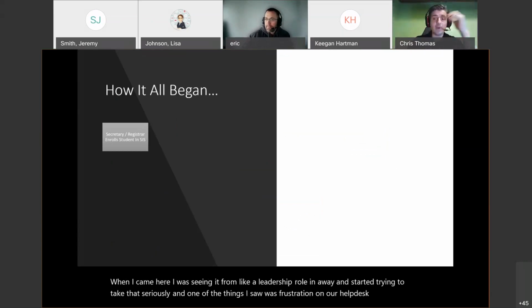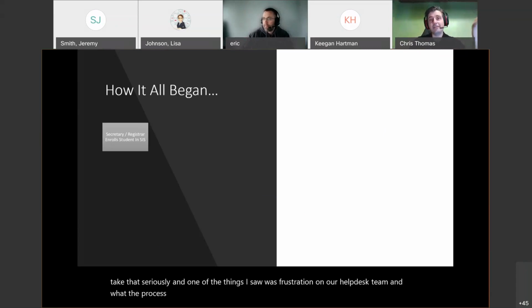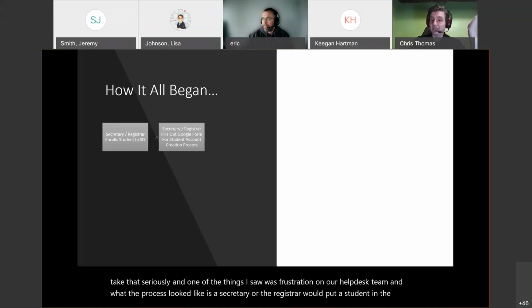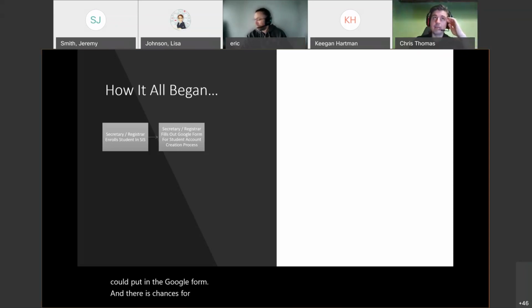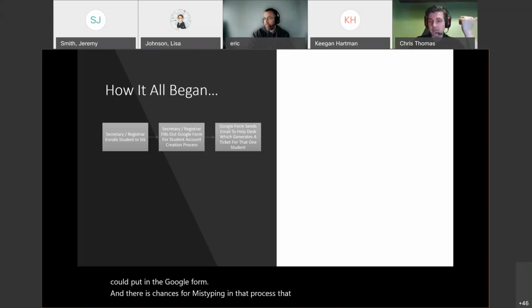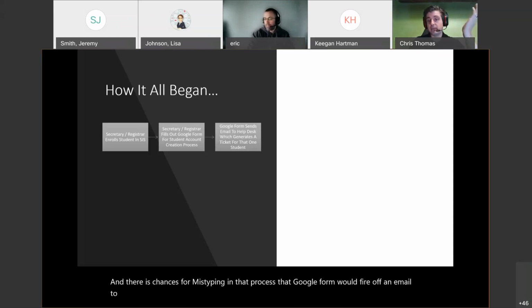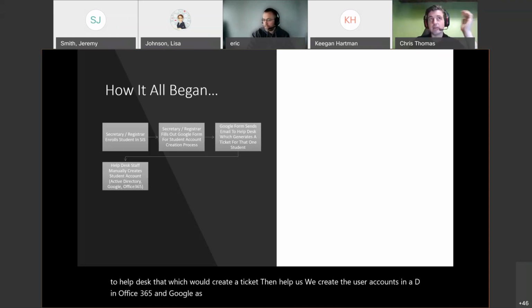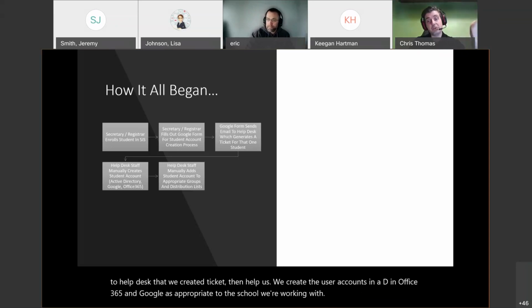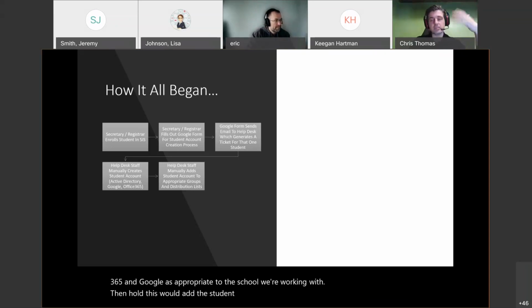And what the process looked like is a secretary or the registrar would put a student in the SIS. Then the secretary would go put that same information that they just filled in the SIS in a Google form. And there was chances for mistyping in that process. That Google form would fire off an email to help desk, which would create a ticket. Then help desk would create the user accounts in AD and Office 365 in Google as appropriate to the school we're working with. Then help desk would add the student to groups or distribution lists as appropriate for the student,